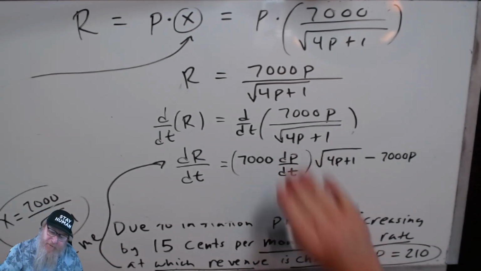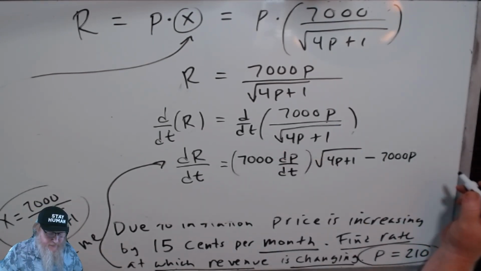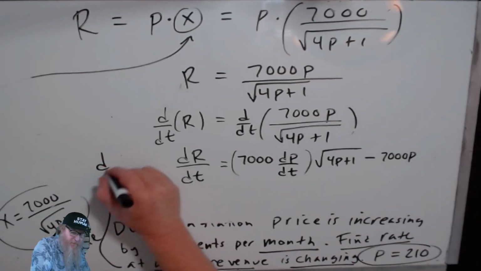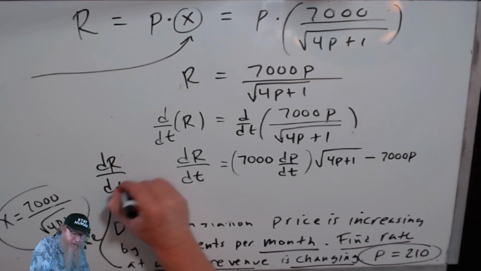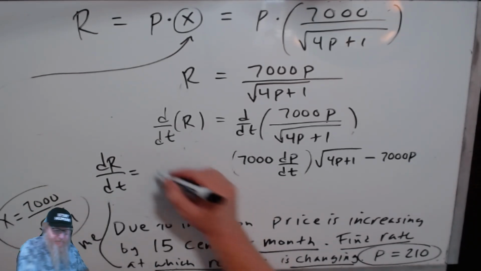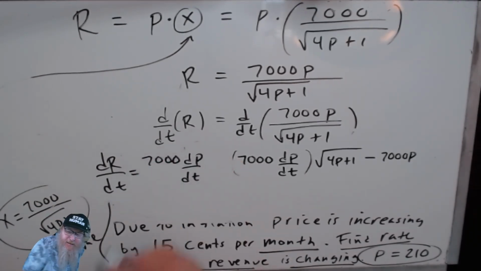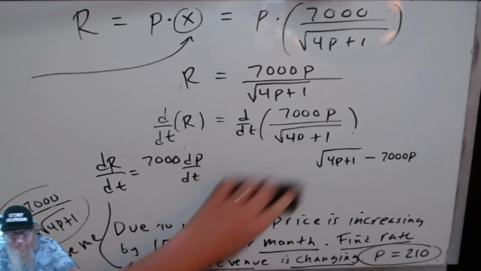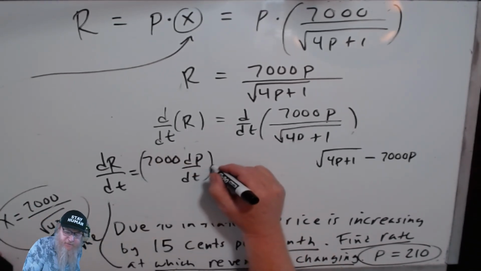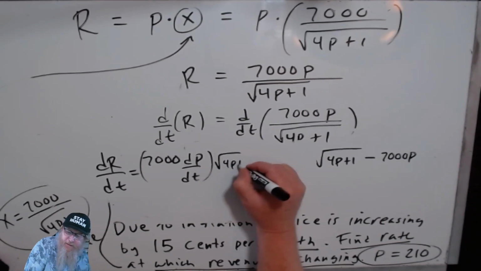Now, the derivative of the bottom is going to be messy. In fact, I wish I had more space. Let's just move this over a little bit. 7,000 dp/dt times the square root of 4p plus 1